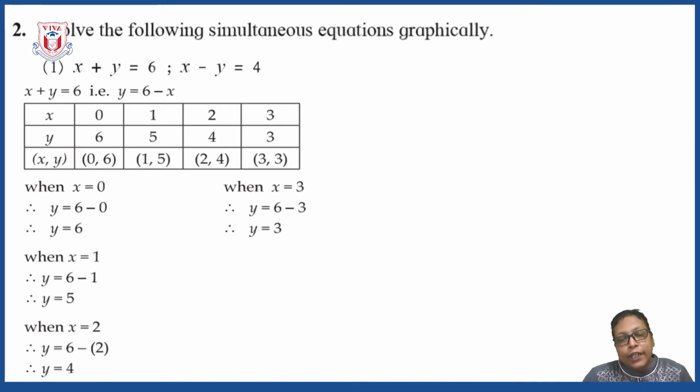As I have said, taking 3 points is enough, but if you take 4, it is better. It will be more accurate. So in the fourth pair, you can see that the value of x is taken as 3, and from that the value of y is also 3. So we got 4 ordered pairs here, and from these we can plot these 4 points.